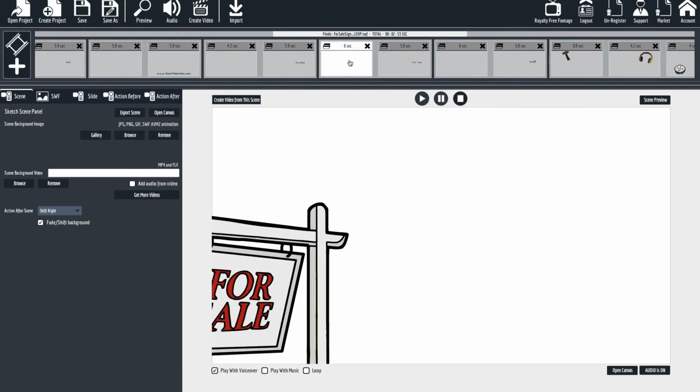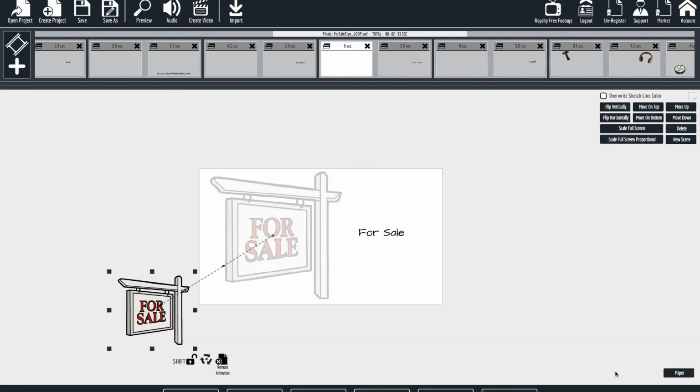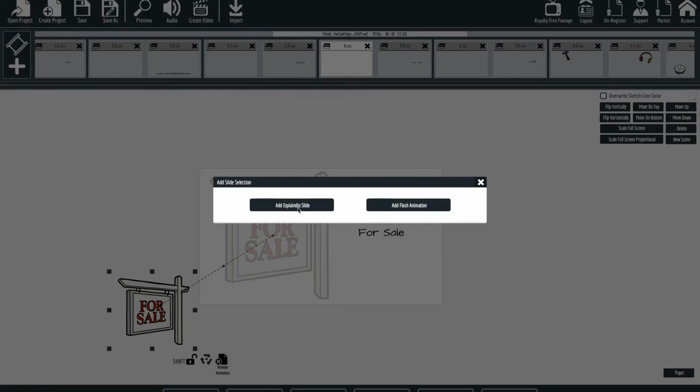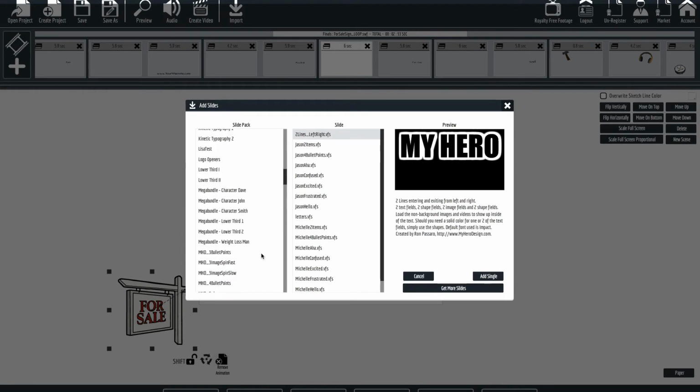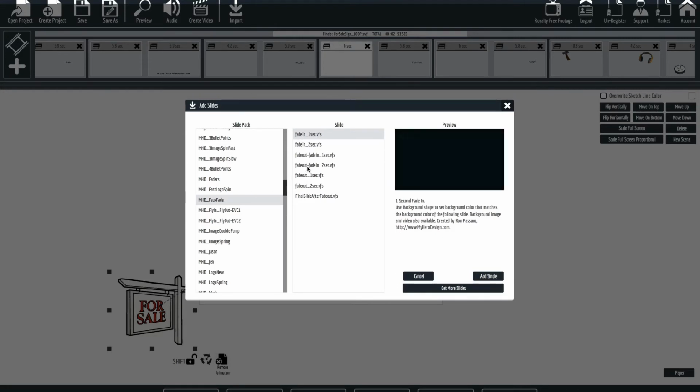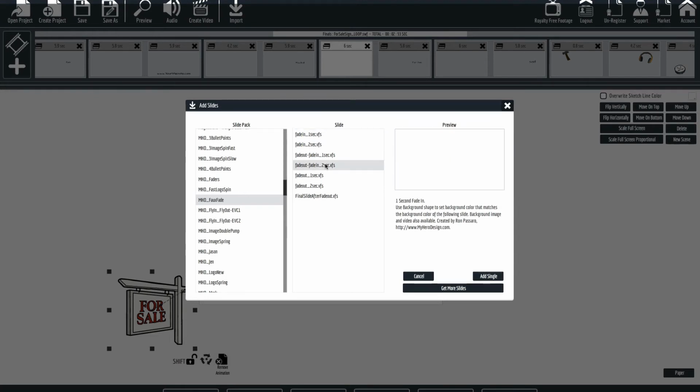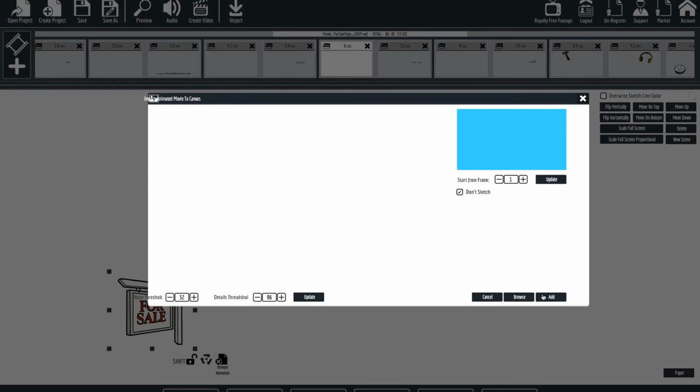We're just going to go to the front, open canvas, add animation slide, add Explaindio slide, and this time we're going to go to Faux fade, and we're going to do a combo, fade out, fade in. You can choose 2 seconds or 1 second. Okay, add single, make sure it's checked, add,